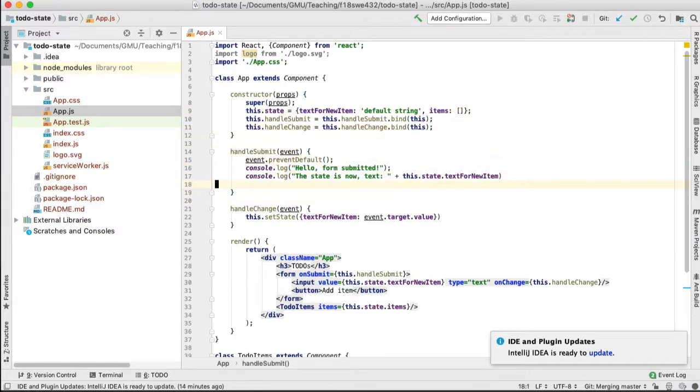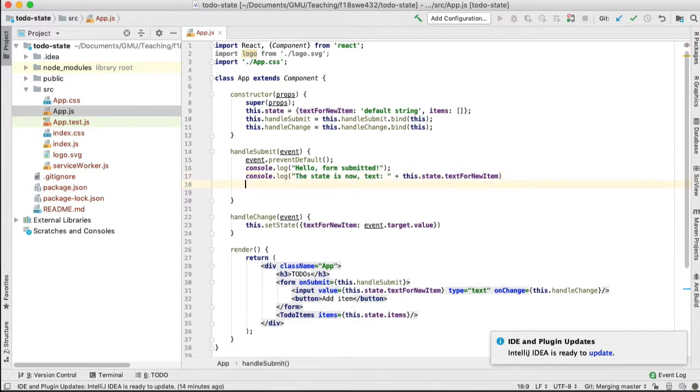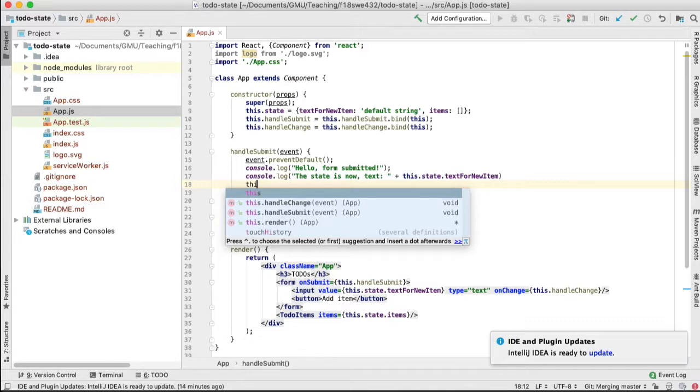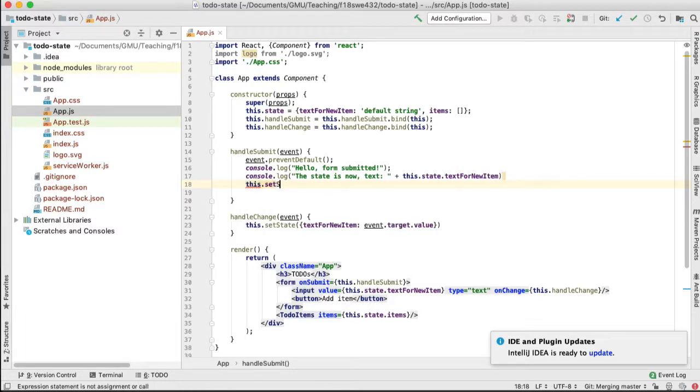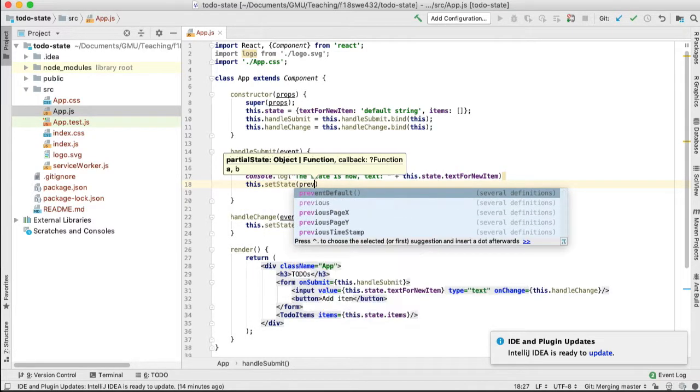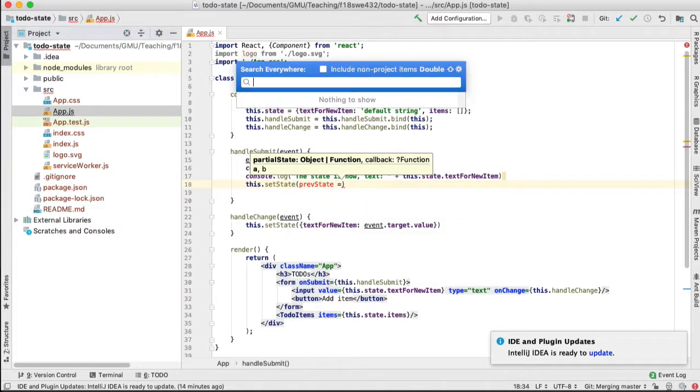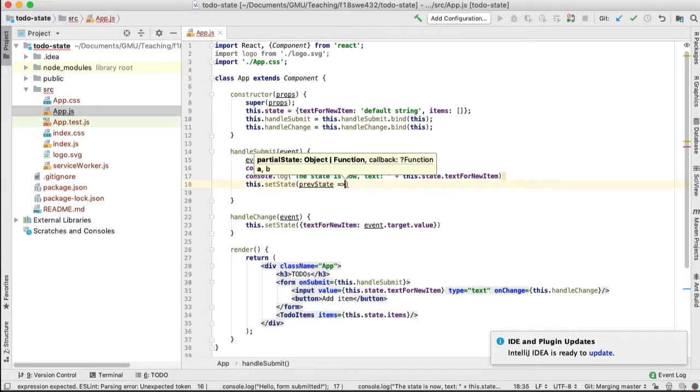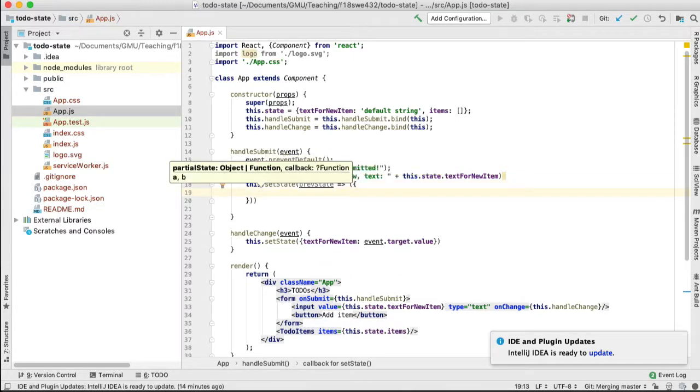And when we do handleSubmit, I'd like to push that string into that list of items. So let's say this.setState. And we can define this lambda here that transforms the state based on what it used to be. So I can say that given the previous state, I'd like to return an object that has items as prevState.items.concat with